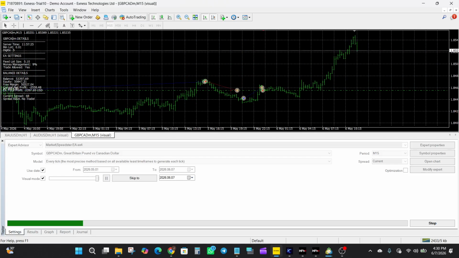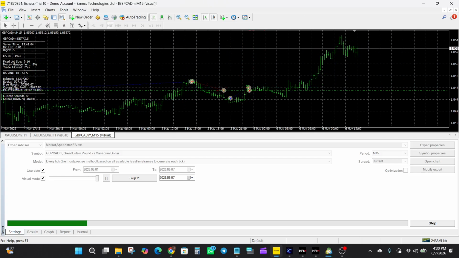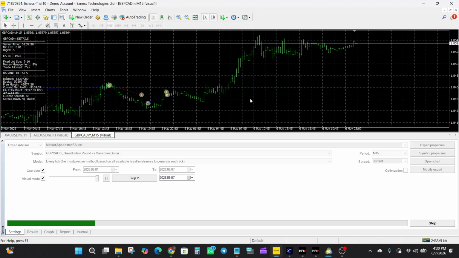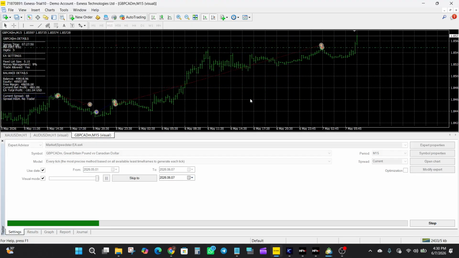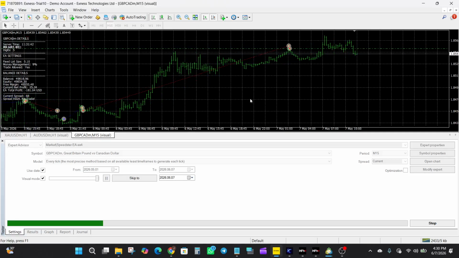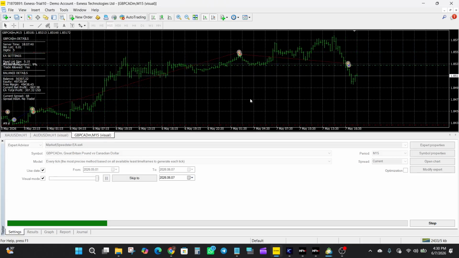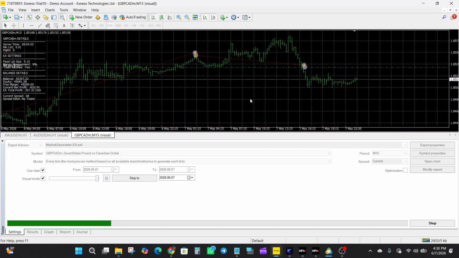So from a chart based perspective, I would like to observe how the trailing stop behavior influences trade exits and whether stop losses are being hit frequently or managed smoothly through trend movement. Longer testing periods are always more useful here because they give a more complete picture of how the EA behaves